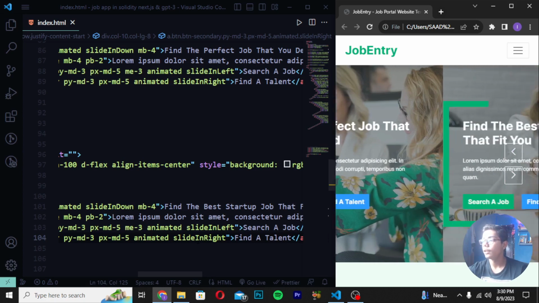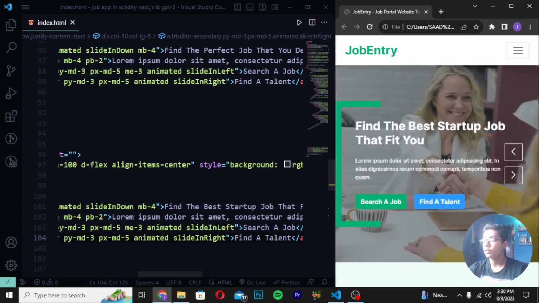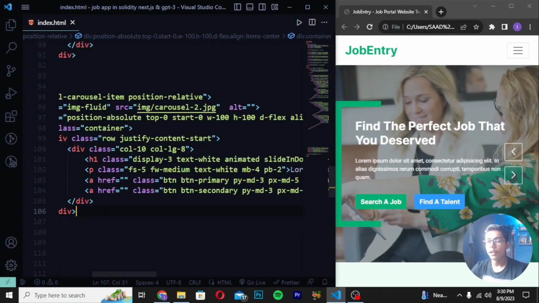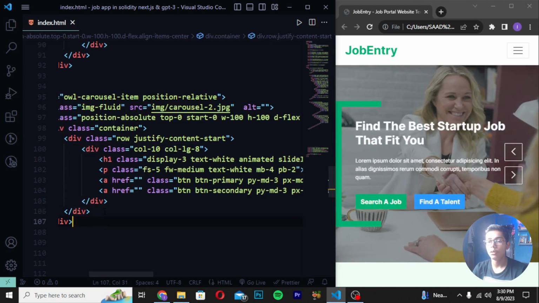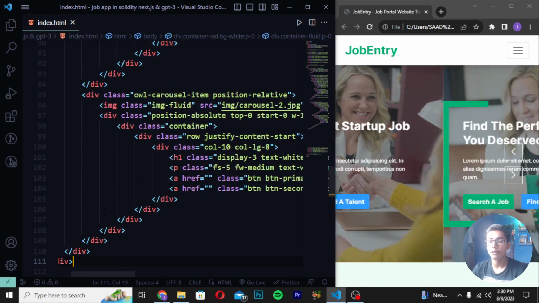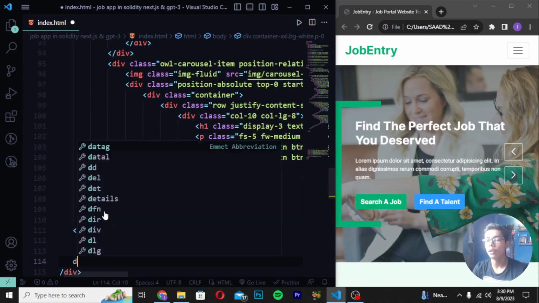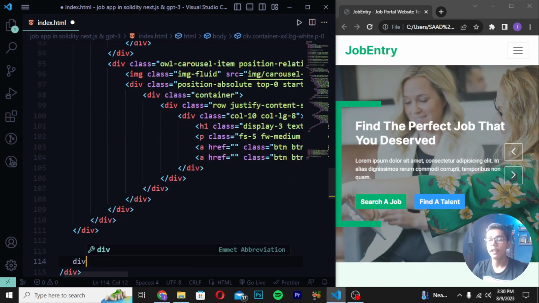And now I will move down after the divs. So we have just created the divs here down if I show you. So we have created many divs here, like we have just created 7 divs. So I will move down after those 7 divs. So you can see 1, 2, 3, 4, 5, 6, 7. So these are the 7 divs, and I will move down after this and create a div again,